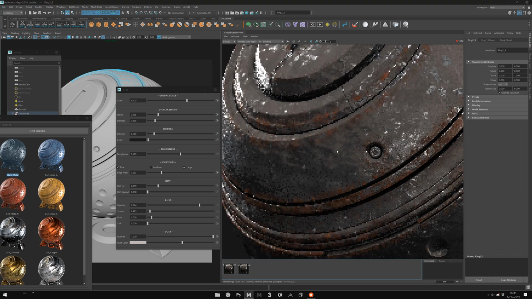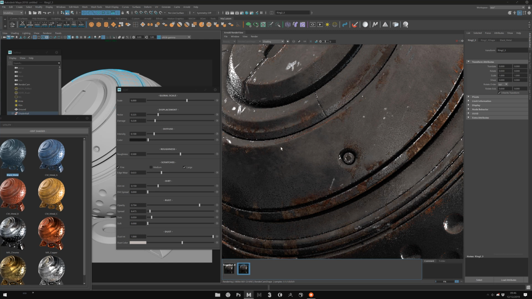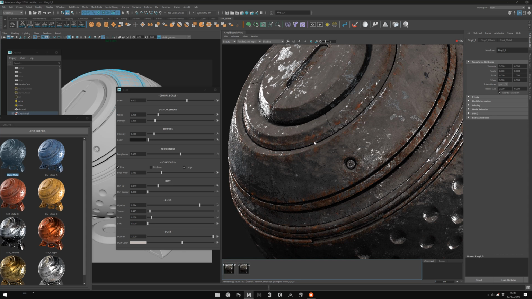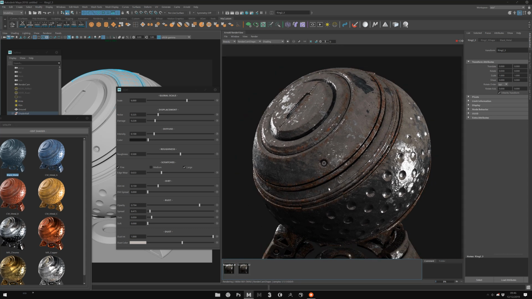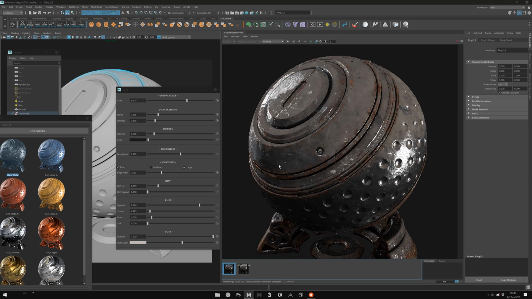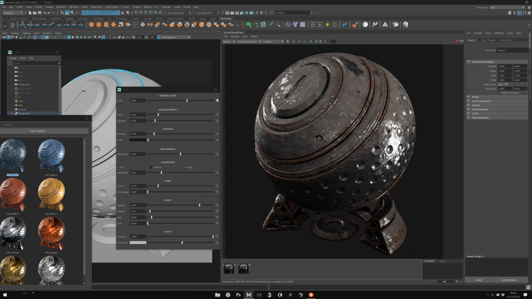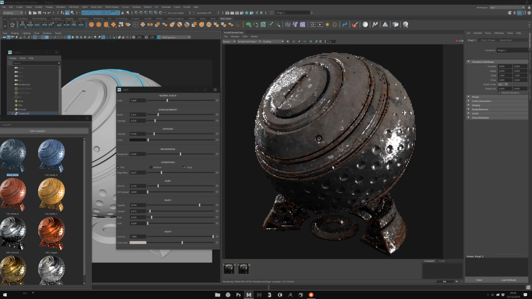You see here on the dust, it's really large scale, and here it's more fine. So it's great to find the right scale, but we will discuss that after. For now, by default, it's working great on this shader ball.